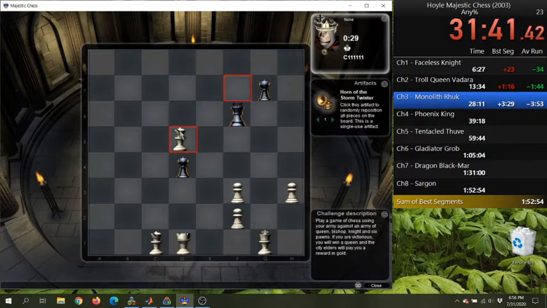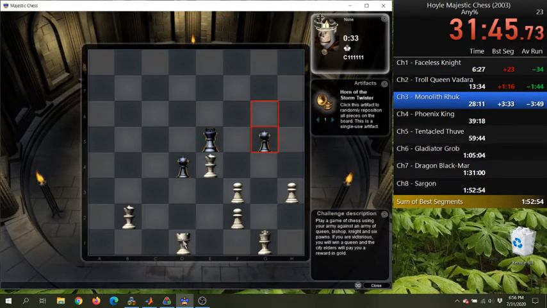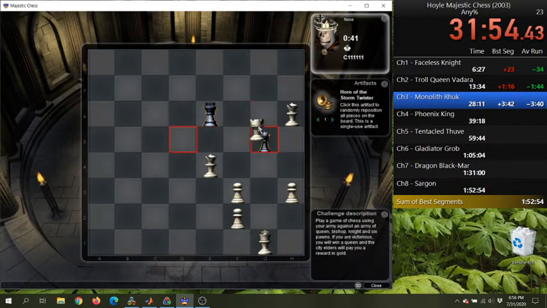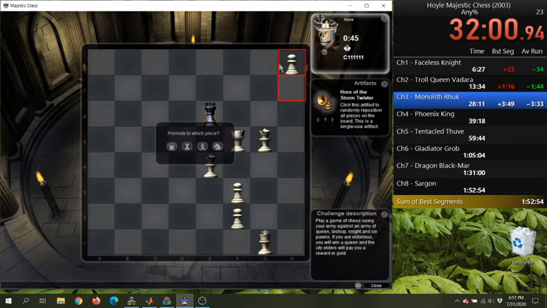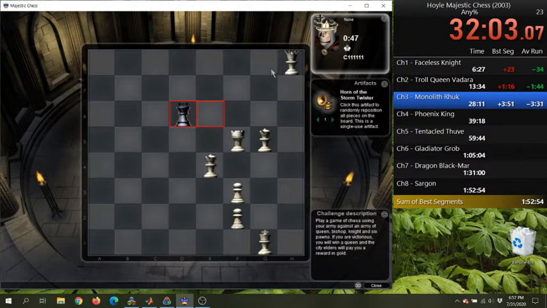But you know, you don't have to be good at chess here at Majestic Chess Speedrun. You just have to be fast at chess. This is probably the fastest way to make still.